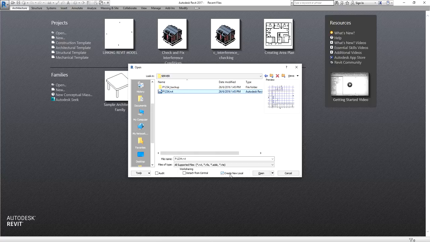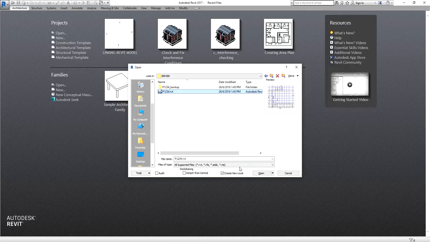You must always check it, because there are instances where the file that you are opening is not the same version as the central file. Okay, so once you see that this Create New Local is unchecked, maybe the version of Revit that you are using is higher than the file that you are opening. That's why this is disabled.